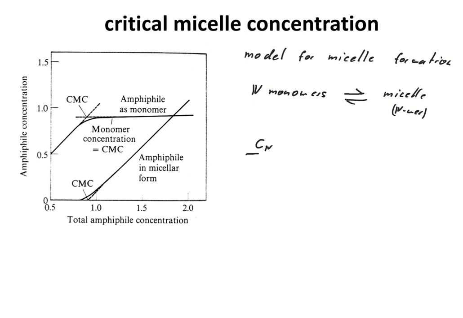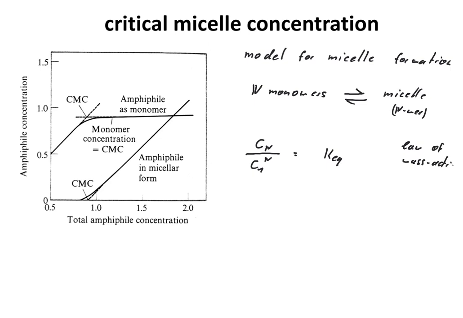Now, from what we learned last week, the ratio of the concentrations, Cn divided by C monomer to the power n, is given by the law of mass action and equals